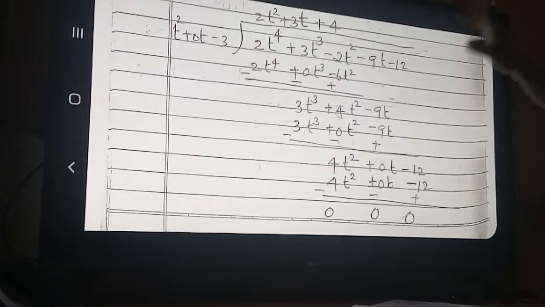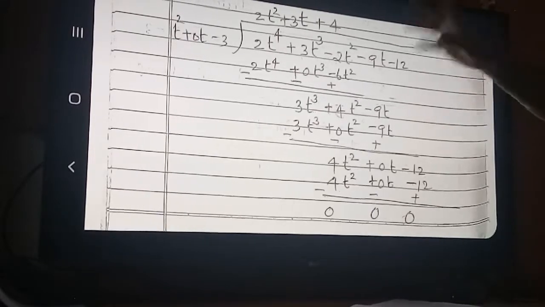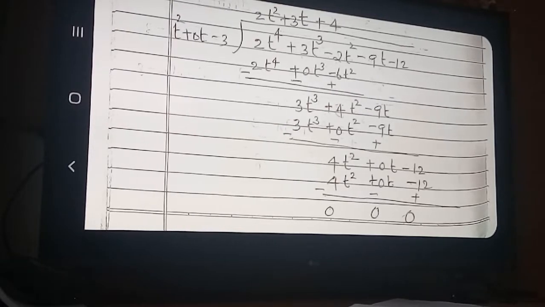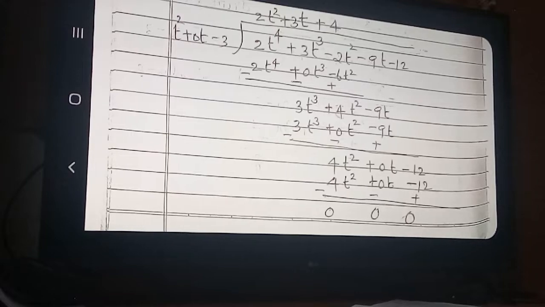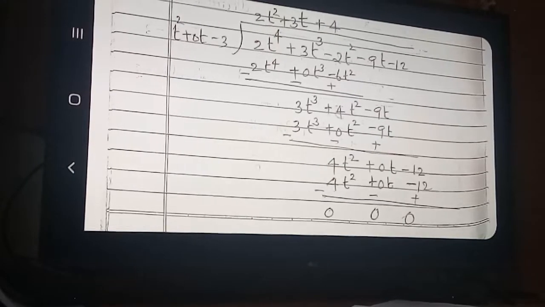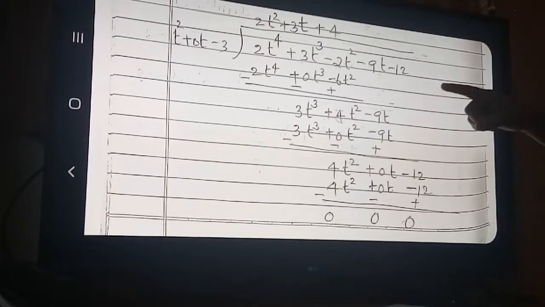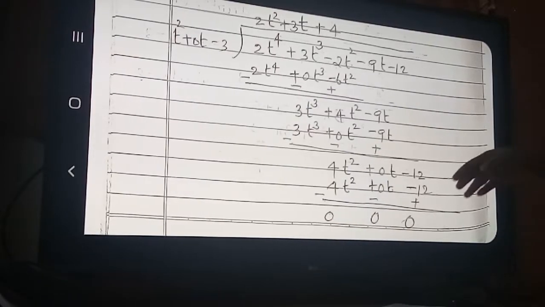Is it clear? So division as usual method you divide. Then if remainder 0 getting, what you can say? Then t square minus 3 is a factor of this polynomial. So whenever a question getting, you have to read it properly and want to understand the meaning, then only you can able to do it. Here your question is that it is a factor or not. If it is a factor or not, one question coming, you divide the polynomial by another polynomial, then see the remainder 0 coming, then it is a factor.